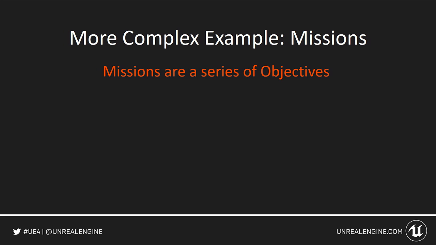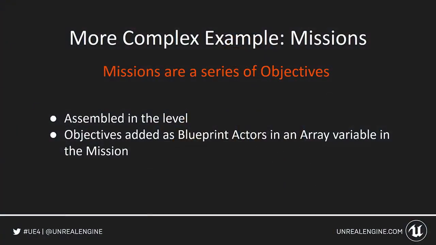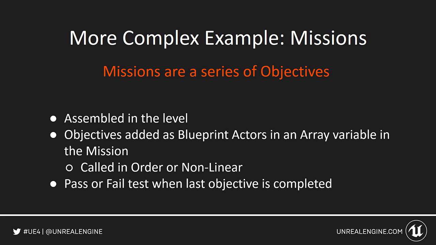And what we learned early on was we were starting to build too much of our mission logic in the level blueprint, and that was kind of a non-starter. There's no way we're going to be able to make 100 different missions that way. So we had to put everything together into a big, giant blueprint thing that we're calling the mission system. Missions, as you break them down, are just a series of objectives. Objectives are their own blueprints, then they get added to the mission blueprint. And this is all assembled in the editor. There's a ton of different options you can put into these things.